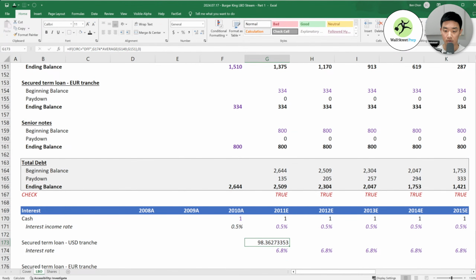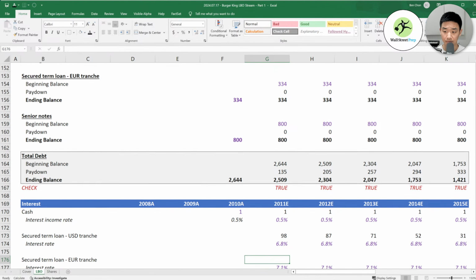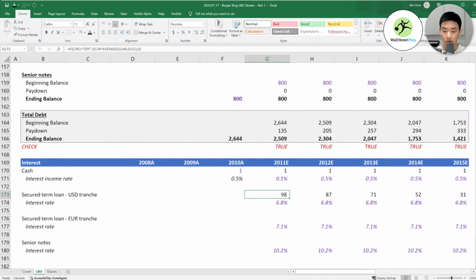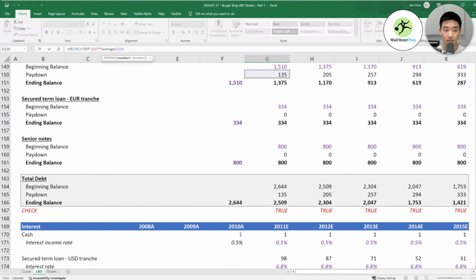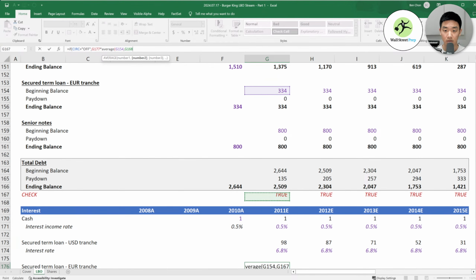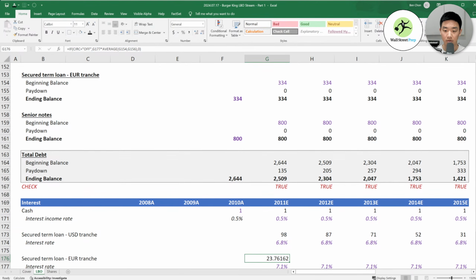Otherwise, 0. So this is your interest expense. Let's see, how's the fastest way I can do this? Actually, I don't think there's a fast way. So again, if circ equals off, then your interest rate times the average of your beginning and ending balance. Otherwise, give me 0.